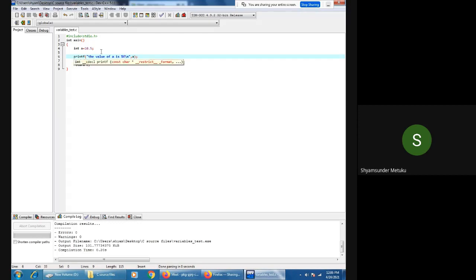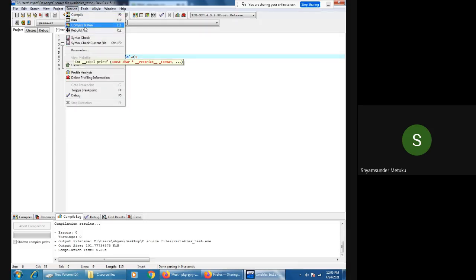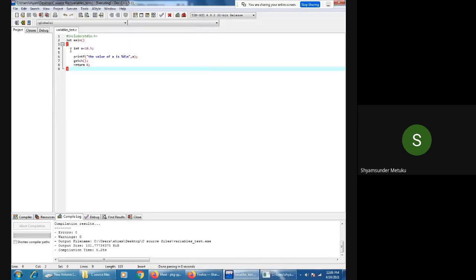So there should always be a correspondence between the variable you declared and the format specifier you are using. An integer variable should always use %d, then it is working perfectly. So that is fine. Now I'm trying to replace